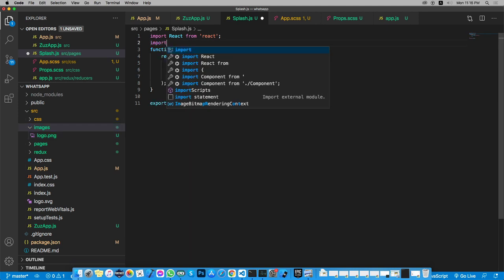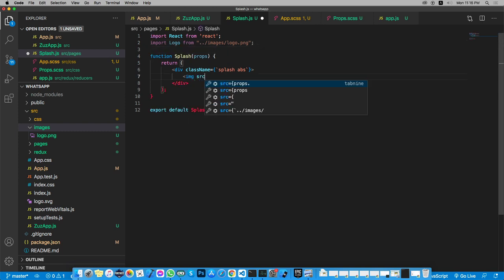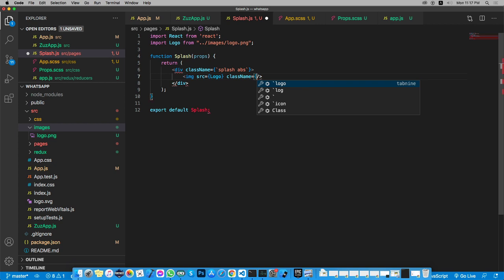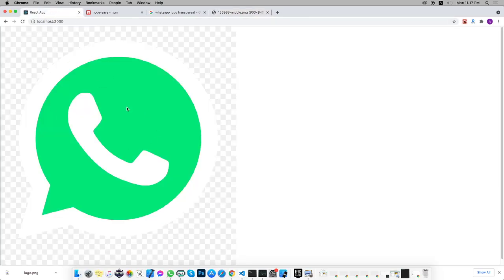Now let's quickly import logo from images, sorry, logo.png, and quickly add image source logo, and for the class name we will use ABS and ABC. Here we go. Now if I save and go inside my React app, it is, oh,